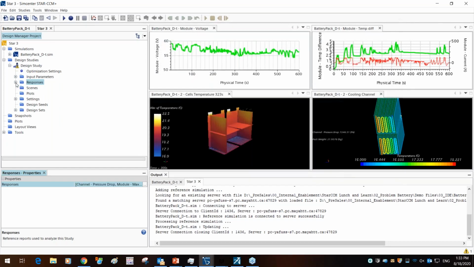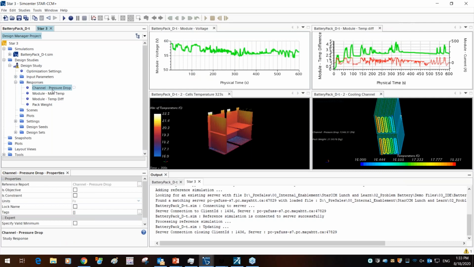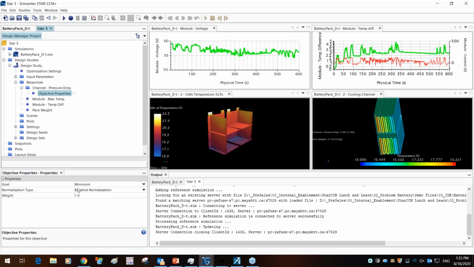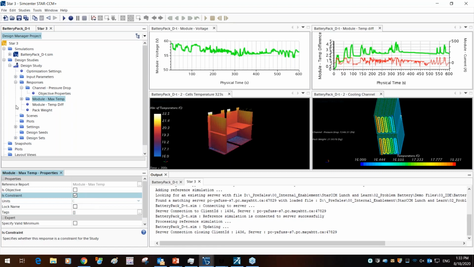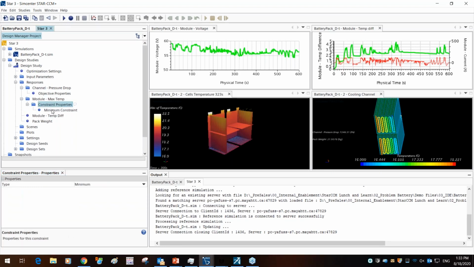Click OK. And from these resources, as we said, the pressure drop is an objective. We want to minimize this. We can expand. The objective is to minimize. You can put a weighting factor if you would like. In terms of the maximum temperature, this is a constraint. We want to make sure the constraint properties are a maximum value of 60 degrees.